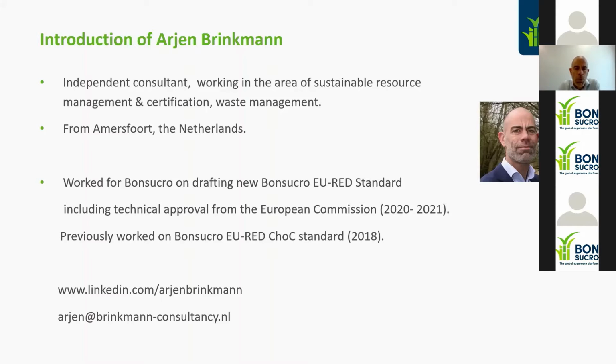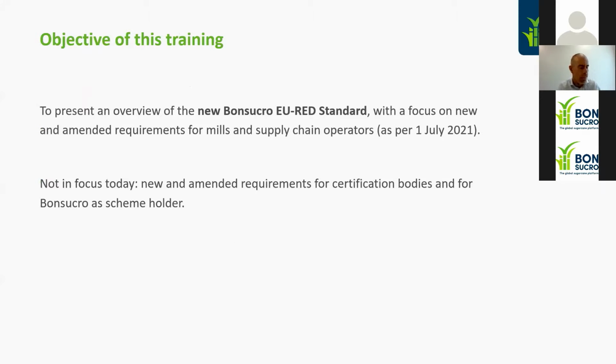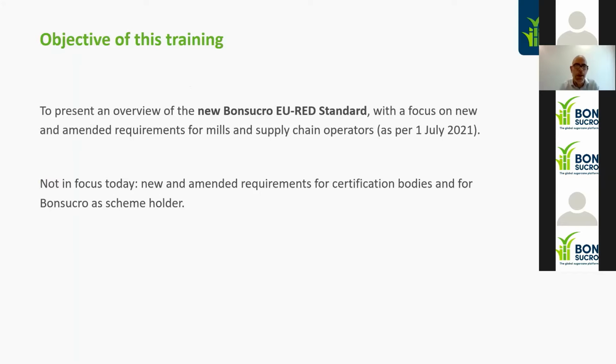Previously, I also worked on Bonsucro in 2018, where I did a bit of work on the new EU-RED CHOC standard at the time. Well, as I said, today what I'm going to do is to present to you an overview of the new Bonsucro EU-RED standard, as it has been developed in response to the new EU-RED requirements. And I'll focus on the new and amended requirements as they apply for mills and supply chain operators as per